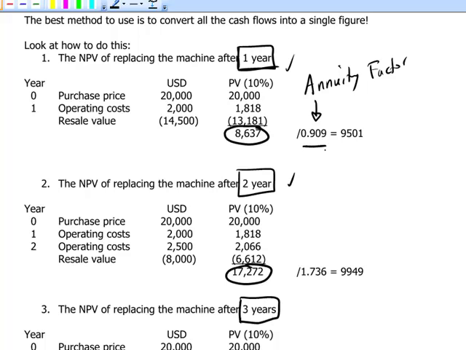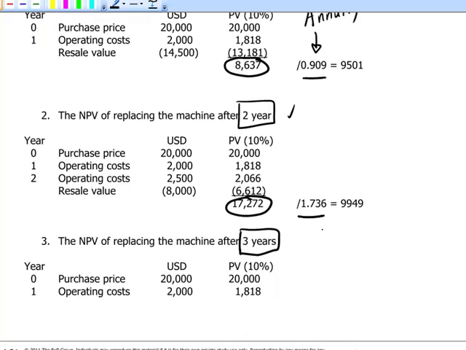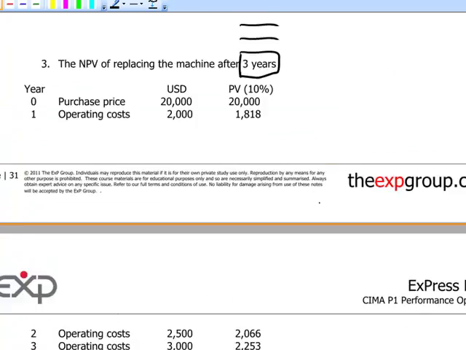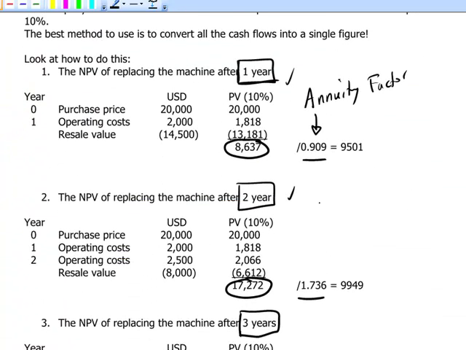This is a 1-year annuity factor, this is a 2-year annuity factor, and this is a 3-year annuity factor. And what the impact is of making this adjustment is that we now have a number, a magic number that pops out, 9,501, which is the amount, the cost to us every year. It's a perpetual cost, equal annual cost of replacing the equipment after 1 year. This can be compared with 9,949